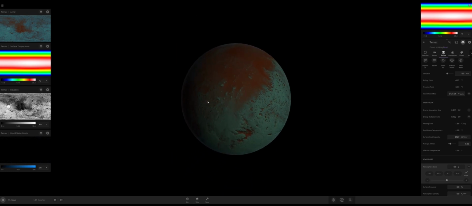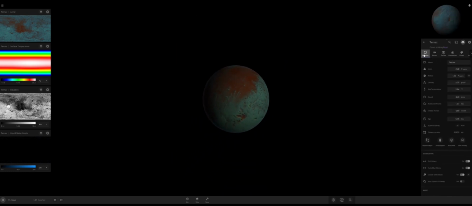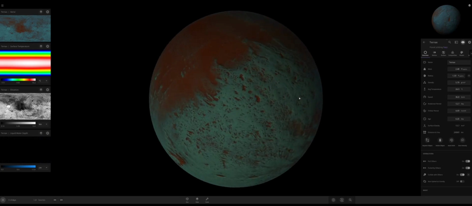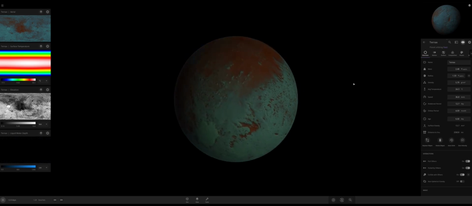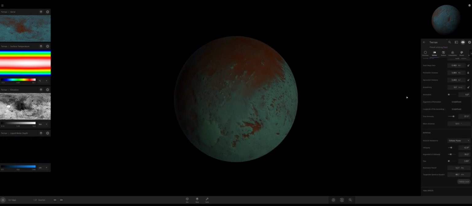Anyway, here's our rocky planet. You can name it whatever you want, but I'm just using the auto-generated name. This thing is a bit denser than Earth, and it's about 1.3 times the radius, so it's not bad. Assuming your planet looks like this, the first thing you want to do is